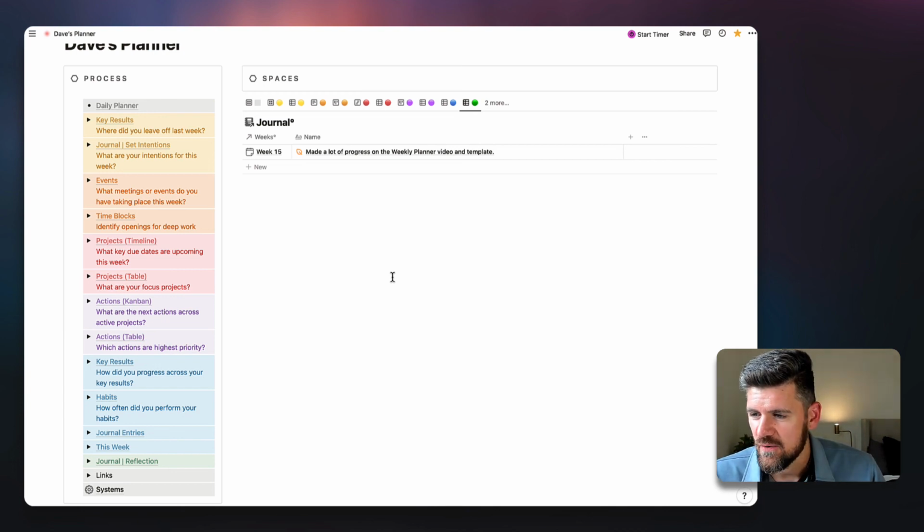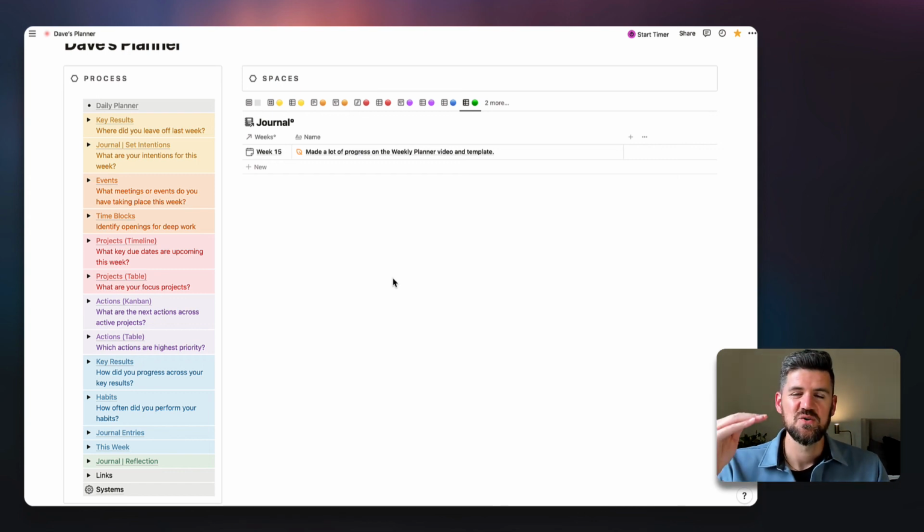Cool. So Manny asks, how easy is it to integrate into the Manifest OS system? I would say the part that I'm working on now, which is about documentation with the weekly planner, is meant to lay out instructions on how these databases are set up and how they are filtered, because it's using almost the exact same databases as Manifest OS. So the goal would be to have that documentation and, ideally, set this database view up with your existing content. That way, you're not migrating content over, which could be a pain.